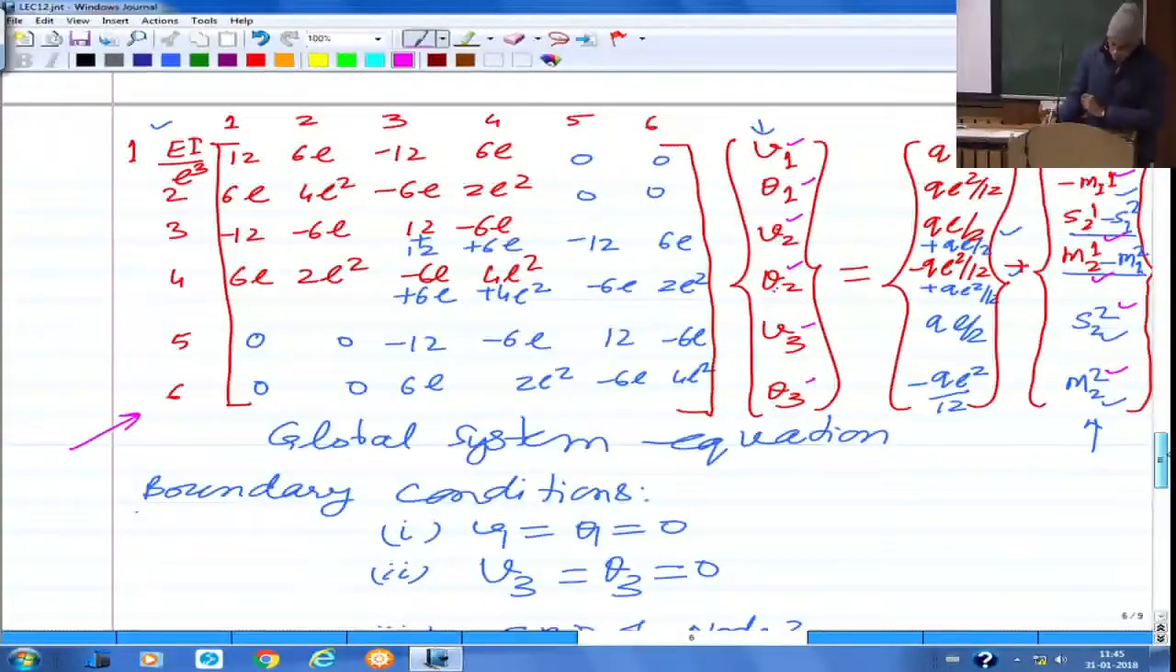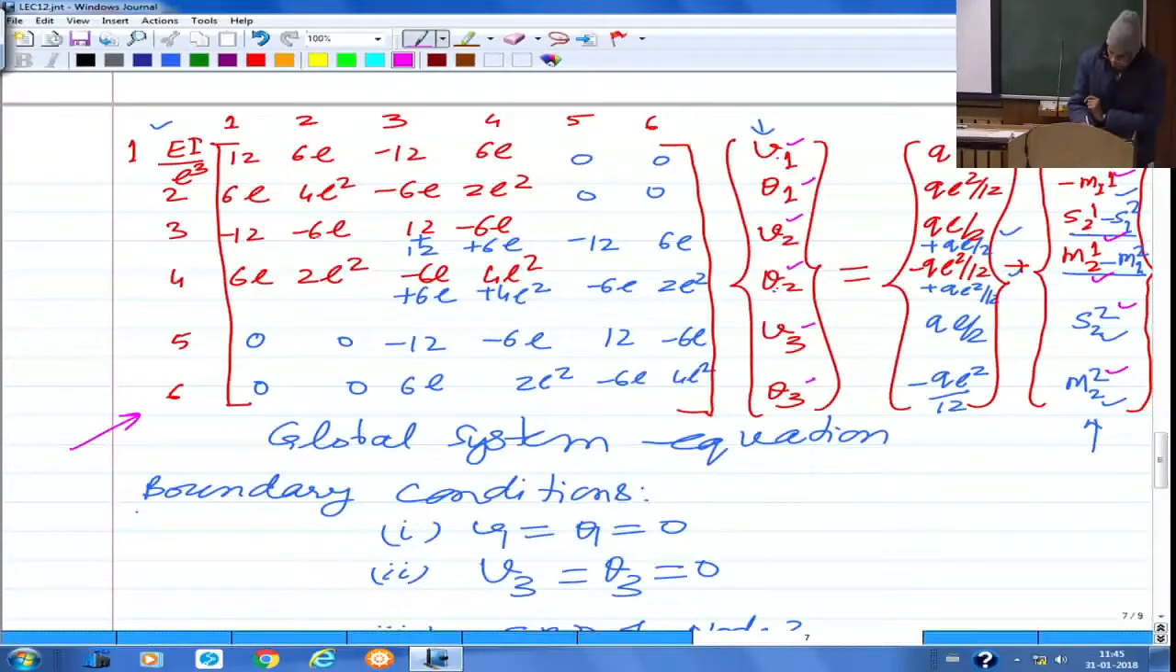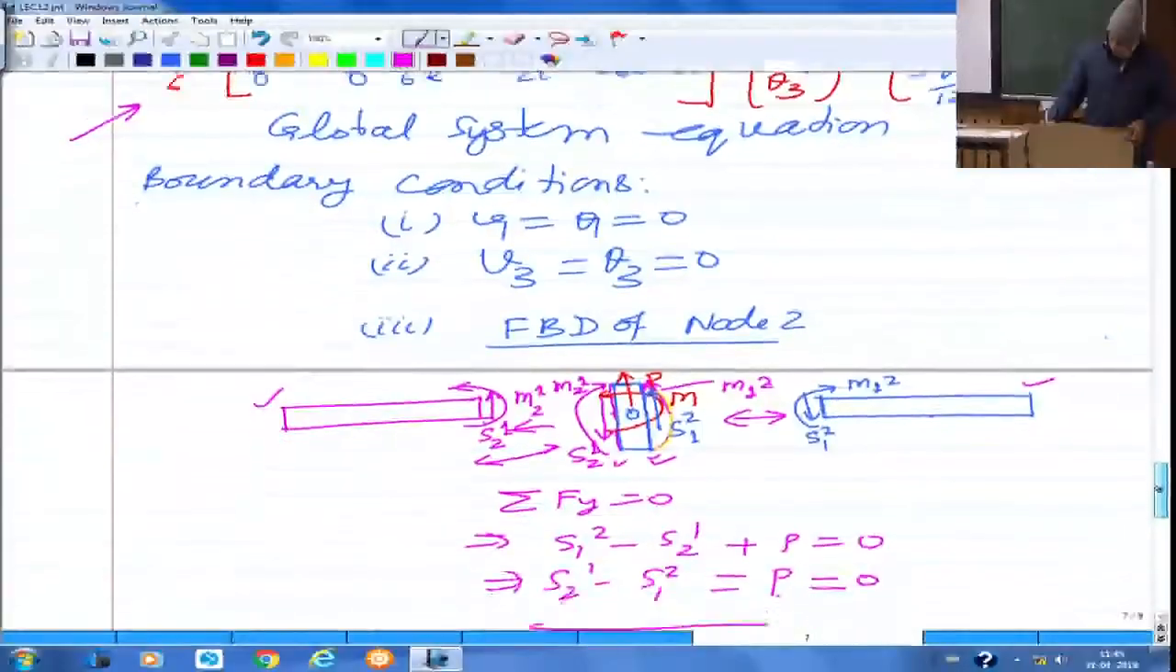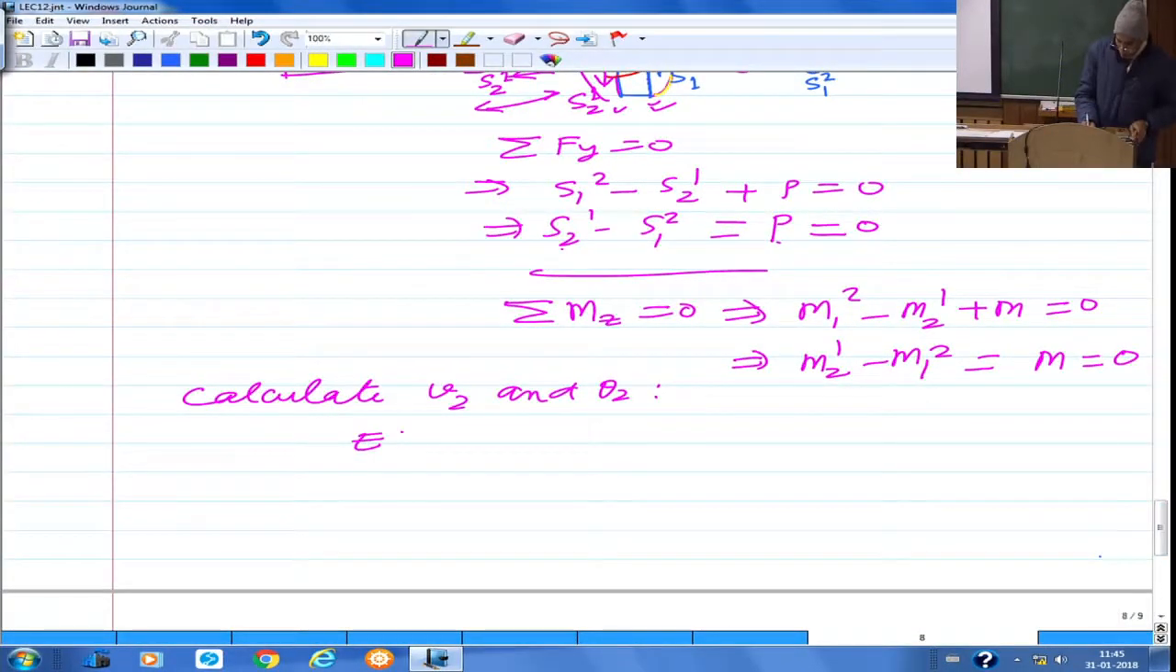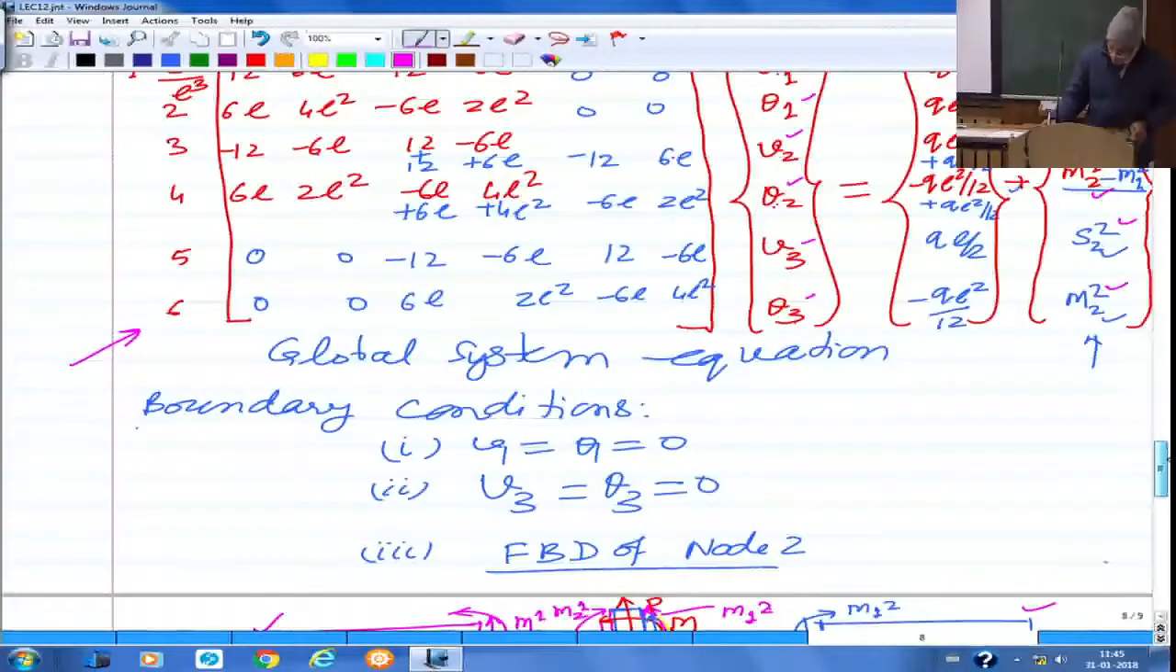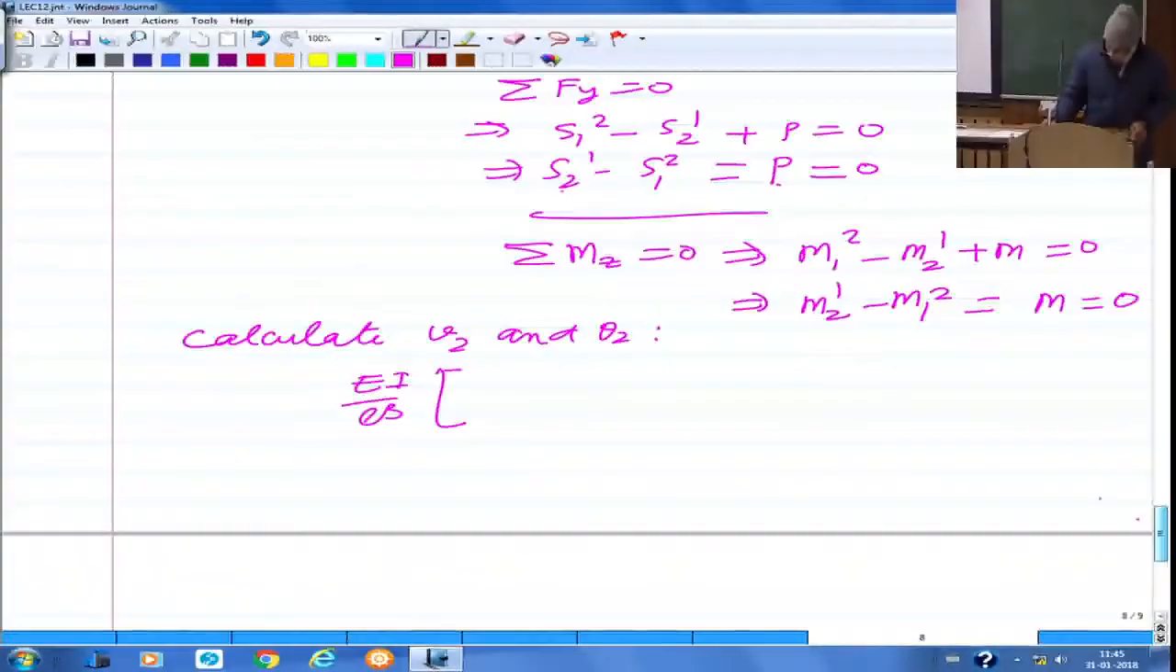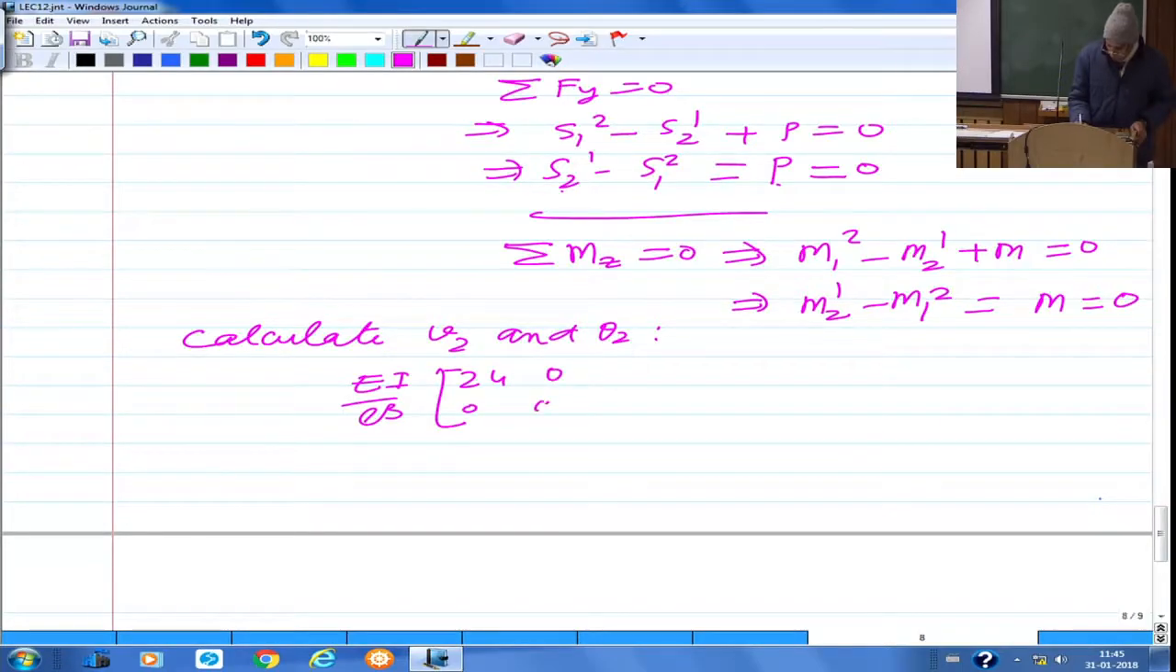taking the third equation. So, this 12 into 0 minus 6L into 0. So, that actually does not contribute. Similarly, the last two, this into phi3 which is 0, this into theta 3 which is 0. So, what you actually get is those two equations simply reduced to EI by L cube, which is common, and then you have here 12 plus 24 and these are 0, and that is 8L square. So, you have 24, 0, 0, 8L square into V2, theta 2 is equal to,